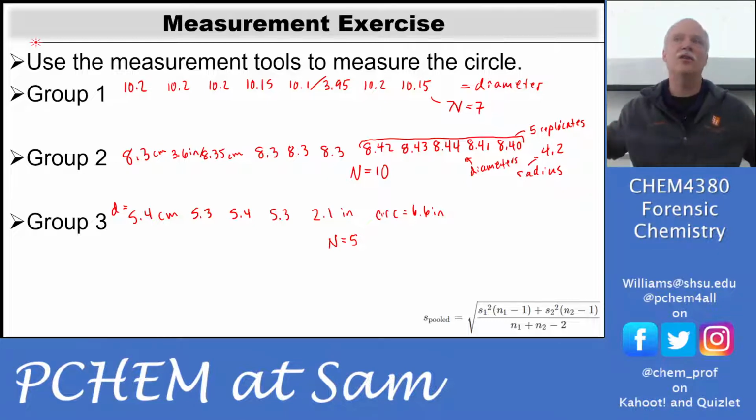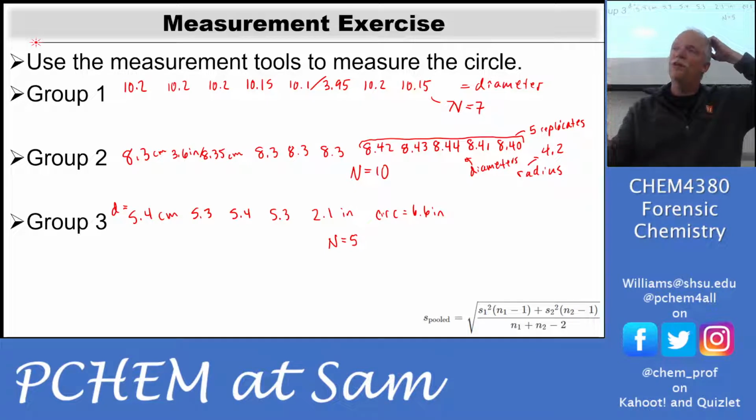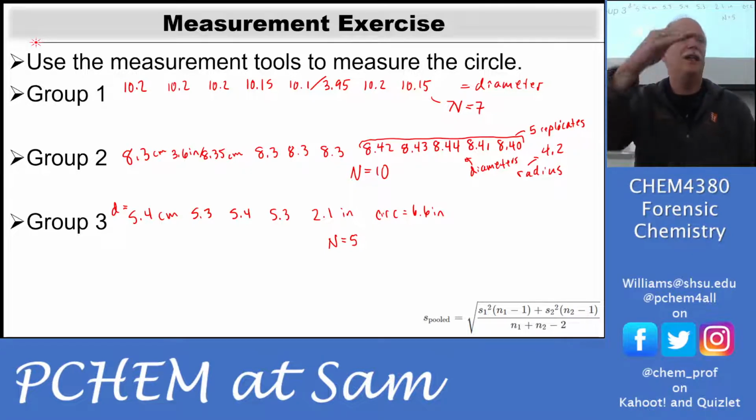Can we get the sort of group precision, though, of the whole state? How would we do that? Yeah, so for getting the uncertainty for the whole state, let's say we're all reporting in centimeters, so we all have a compatible reporting unit, okay? We could calculate the standard deviation for each lab, each row. Okay, so let's do that.